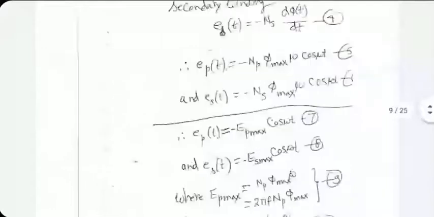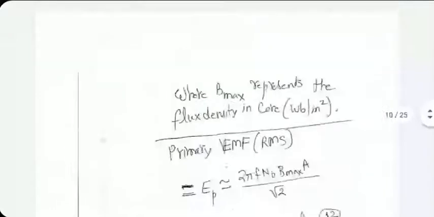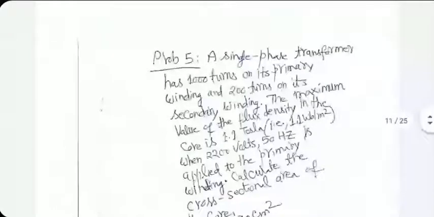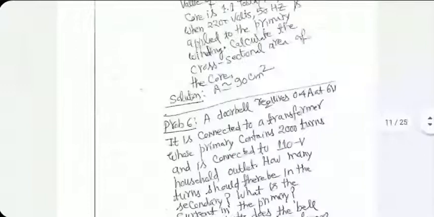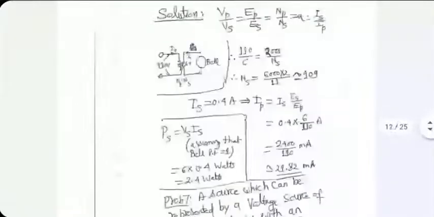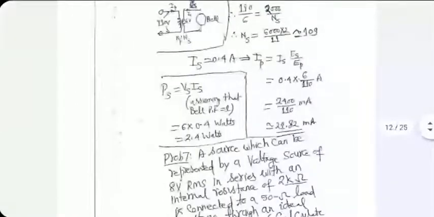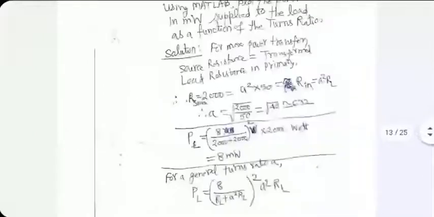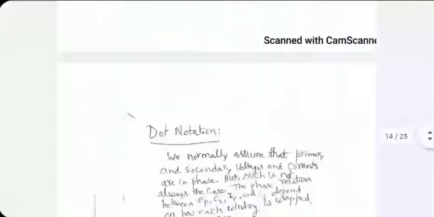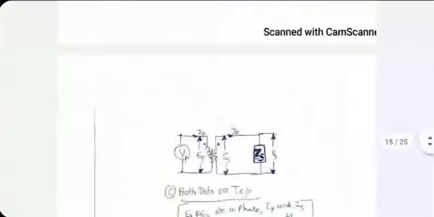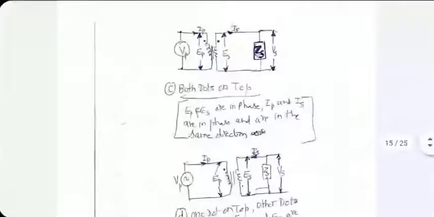This we have already done, so no point going through it. Yeah, this also we have done, so I'm not going to repeat it. This also we have done. A lot of things are similar here compared to other things. Yeah, this problem is also done. Okay. Dot notation, you already know, it's a repetition, I know, but let's quickly go through it.